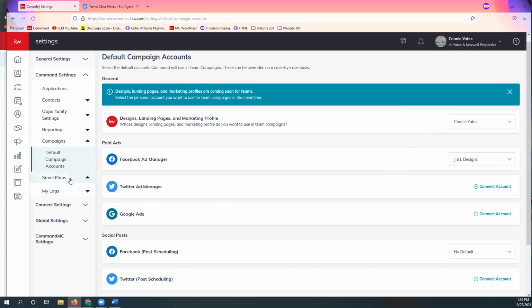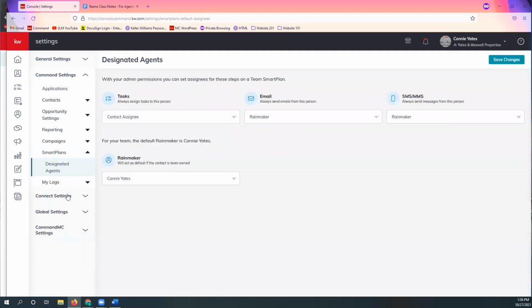The next section is our smart plans. We have designated agents. This is something that only unlimited access or unlimited permissions are going to have access to. So if you don't see this, don't panic. But this is something that you may want to confirm with your Rainmaker, because what this is going to do is allow them to select the designated agent that will have access to send out marketing on